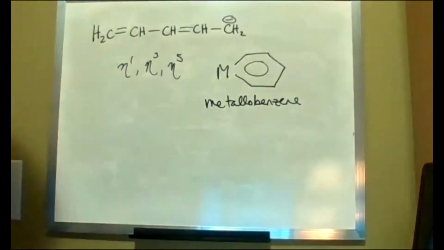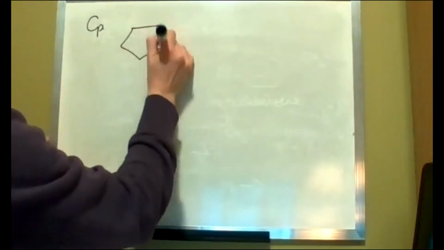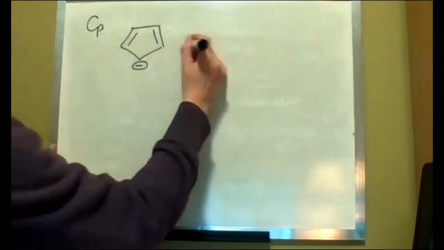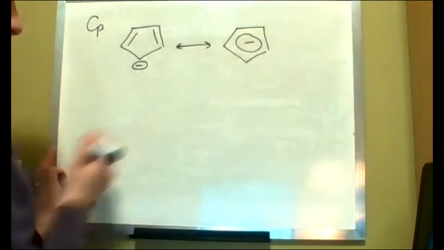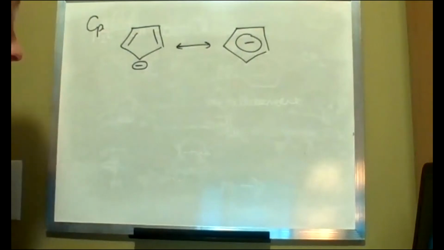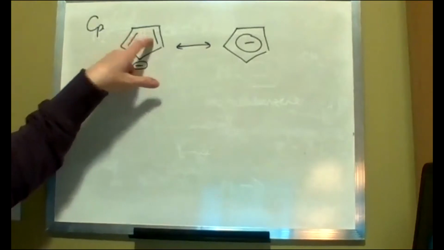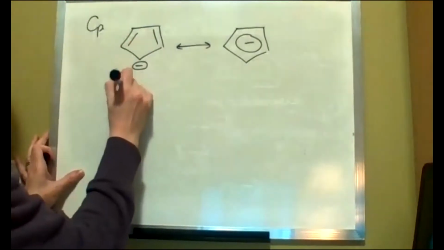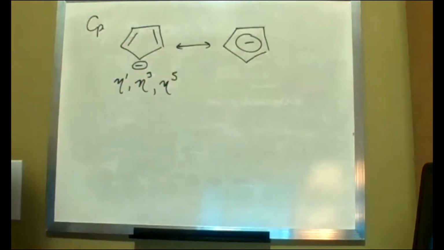Okay. Now, cyclopentadienyl. We'll talk about this one, but now we're going to see it in a little more detail. This is Cp, that one that we've shown before, where you have a negative site on that carbon. So this can really instead be expressed like that, where you really have delocalization. So picture you have this negative site here and these two pi bonds there. So you can have anywhere between η1, η3, and η5, just like we saw